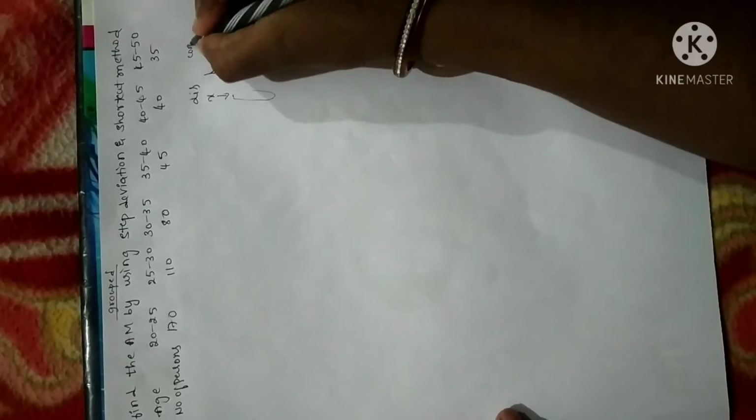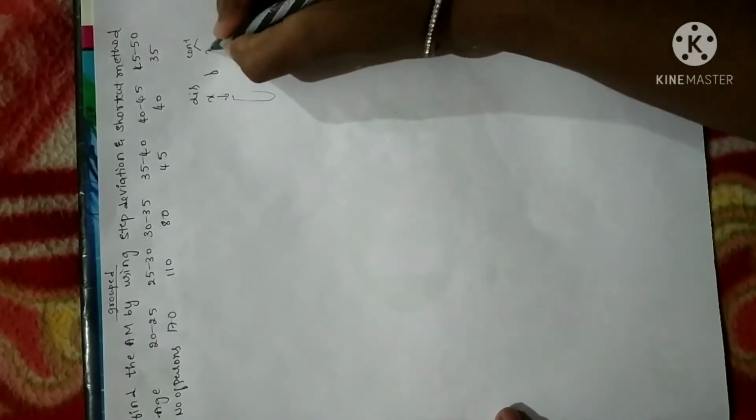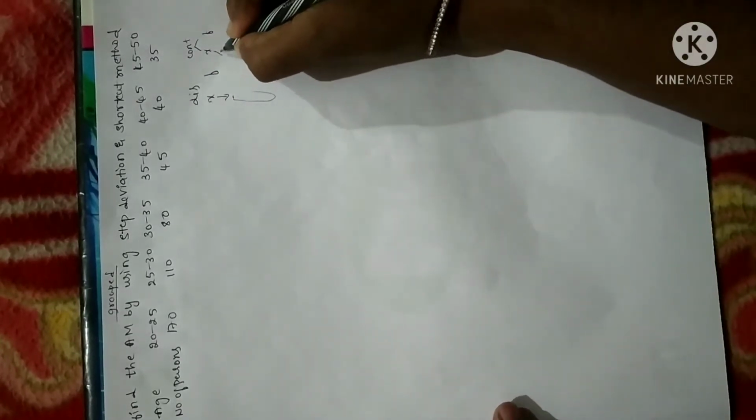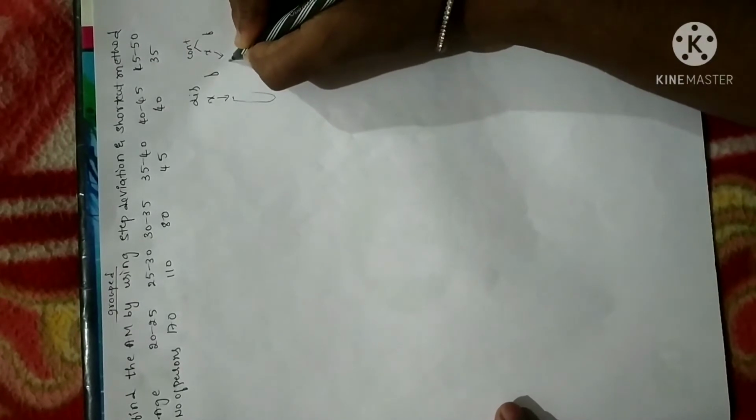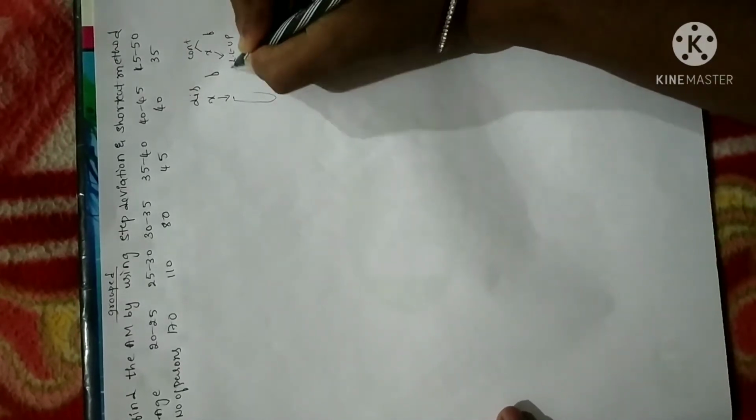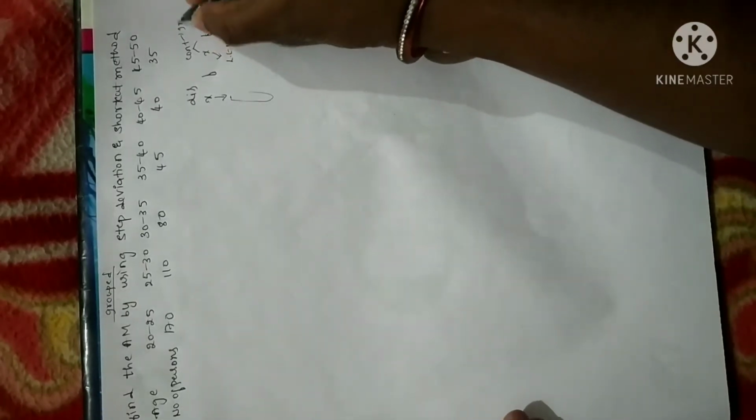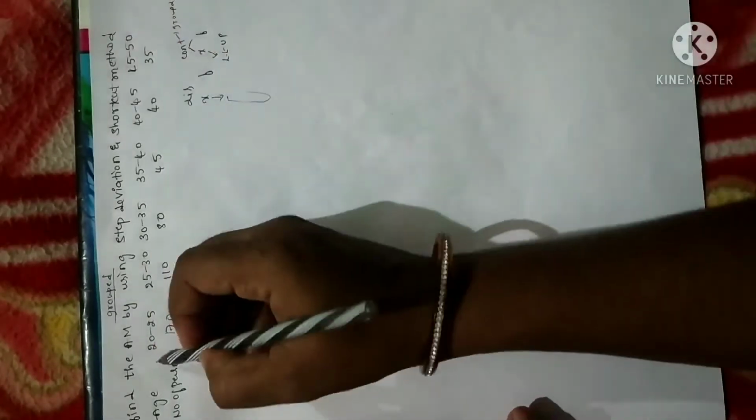Whereas in continuous distribution there are both x values and f values given, but x will be of the form lower limit and upper limit, so a class interval is given. That kind of data is called continuous grouped data. Now you can look at the problem: here we have data which is grouped and moreover a continuous distribution. So let me write the given data.